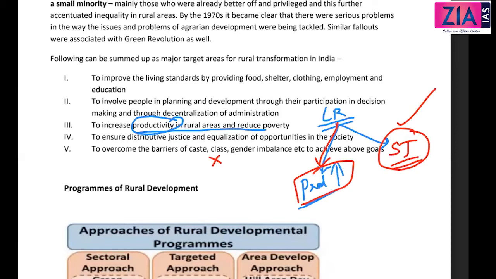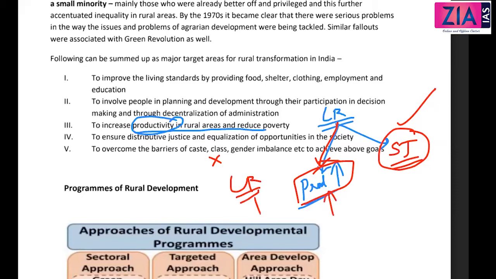Because if you don't own the land, and it is not yours, you are cultivating under someone else's land, you will not be motivated to invest, because at any point of time you may be evicted by the actual landlord. So to have that confidence for the investment purpose, land should be in your name. That is the most important reason this land reform was done, to increase the productivity.